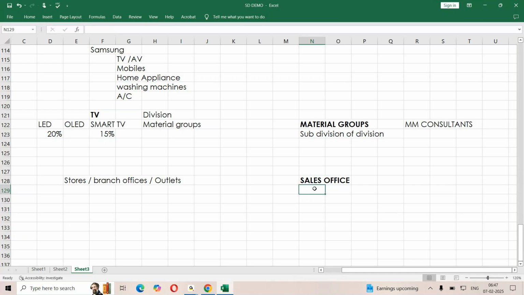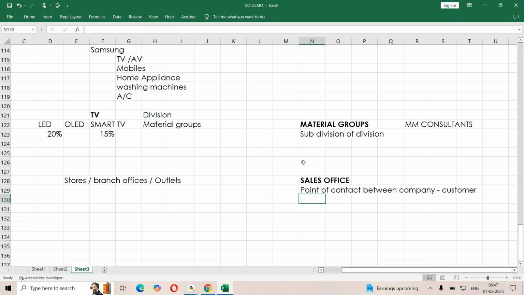Now, when we talk about it, this is nothing but a point of contact between the company and the customer, the sales office.